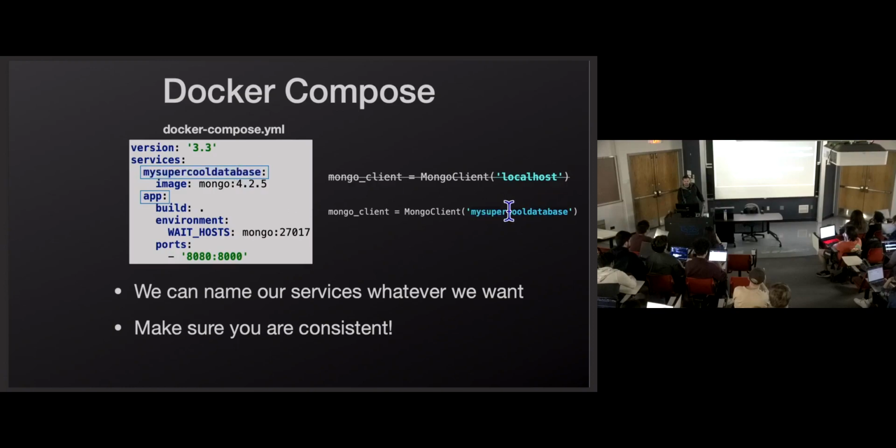But if you want to call this whatever you want, just make sure you're consistent across these. I'll have students who change the service name but don't change this name. I want to make this clear. You got to change it in all 3 places. Even I forgot, so yeah. But it's easy to forget. But this wouldn't run, and then I'd catch it. I just changed it in the slide. But you would have to change it here as well. So you can name it whatever you want. You just got to be consistent. So if you change it in one place, make sure you change it in all 3 places.